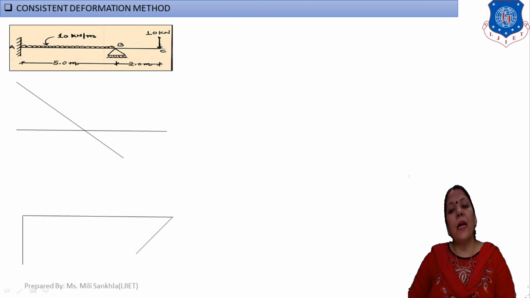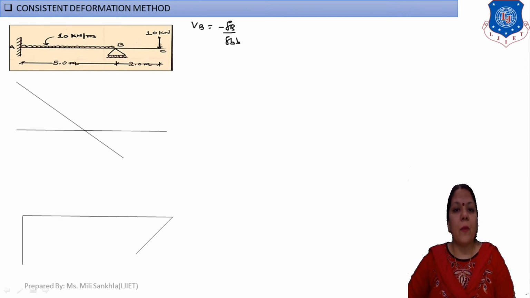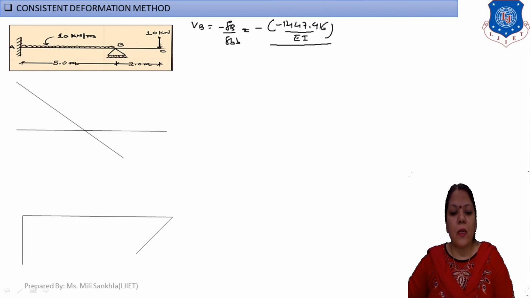VB is equal to minus del B divided by del BB. Now separating out the minus sign, VB is equal to minus 1447.916 divided by EI, and our del BB is 41.66 by EI,